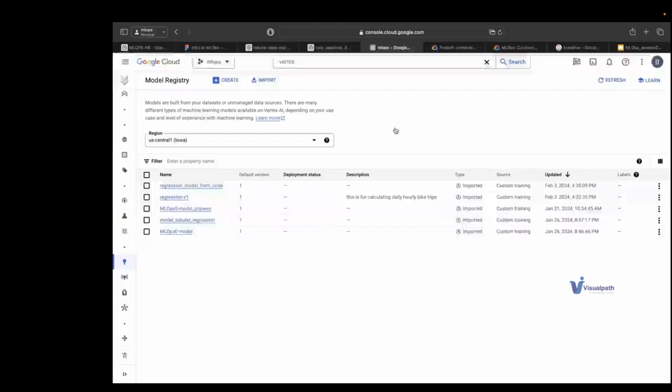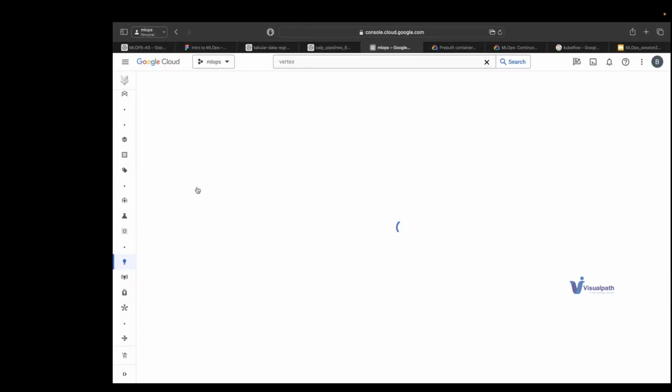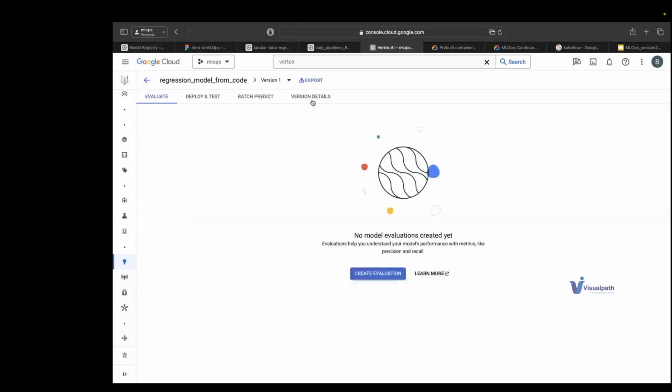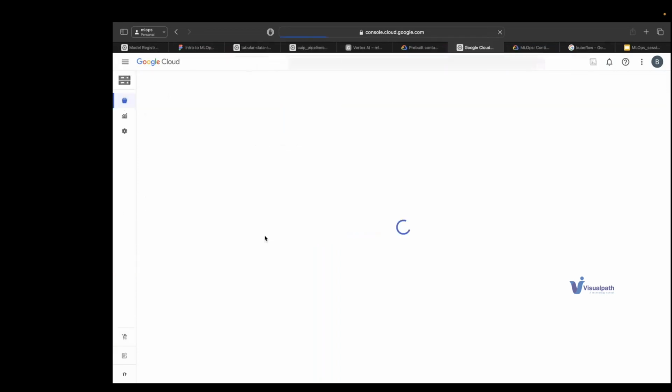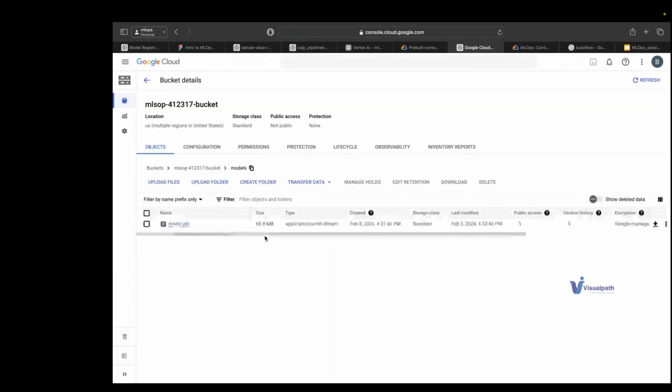So I'll open one model here. So you see the version detail. I have mentioned the container image. Like this is a pre-built container. This is given by GCP. I'm not using my own container because it's a very simple model. It's a scikit-learn model, and we are using scikit-learn 1.2 version. And this is the bucket location. If I open it here, you see model pickle.